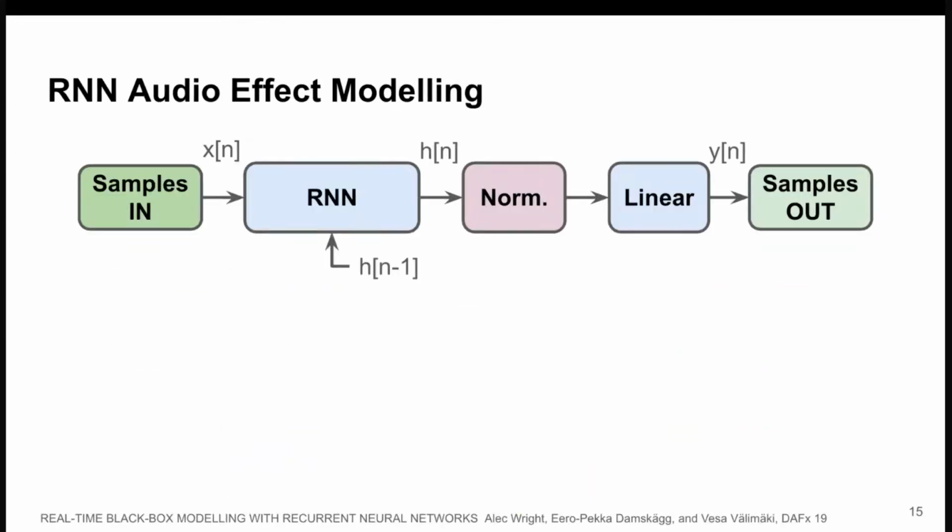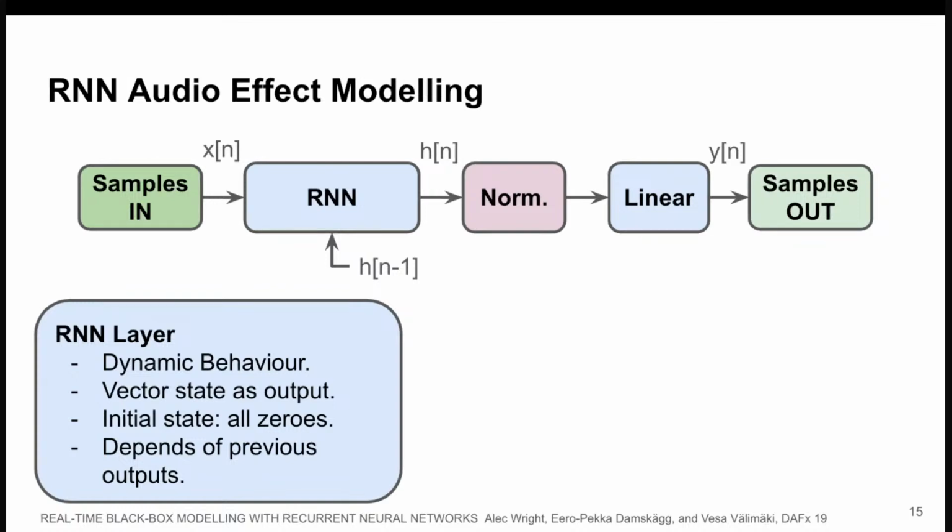Fantastic. So we're going to dive into 2 different audio models for cloning effects. These models are useful for emulating compressors, distortions, and different types of audio effects. We're going to start by looking at an RNN-based audio effect model. It consists of an input, which we can call X, an RNN layer that we're going to talk about, then a norm layer and a linear layer, and then the output.